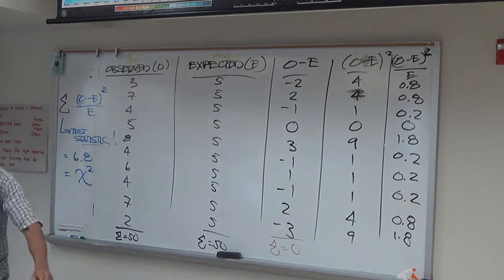That's the point right now. What do we need with that test statistic? What tells us how to make a decision? We need a p-value. We need a p-value that says it's either small, which means the randomizer is not working, or it's big, which means the randomizer is working. So, let's go over to here.